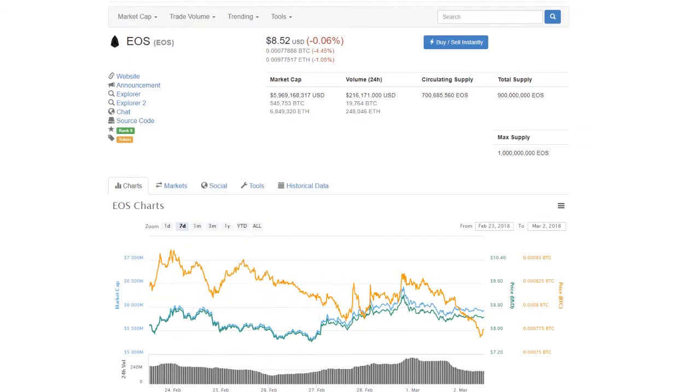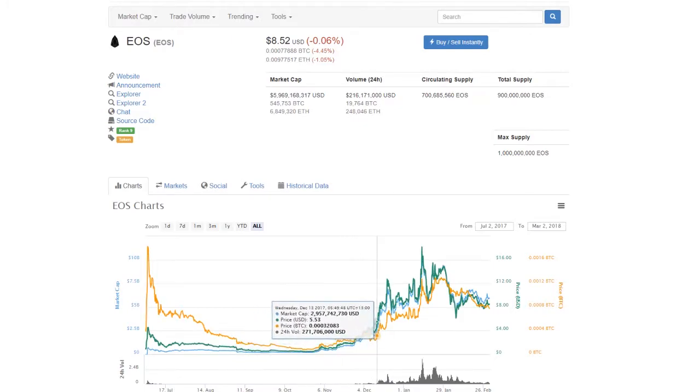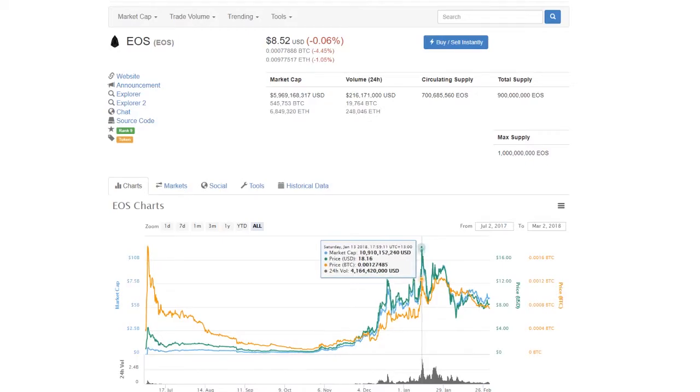So this price will bounce around $8 to $9 until we see some new news, and the price will most likely shoot up. Looking at the overall price again, we can see that there was a nice bull run from November. Actually, there was a huge spike in price at around January, where it reached around $18, and then it dipped all the way back down to correct itself, and then it went up to 14 and then dipped all the way back down. And now it's quite stable at this current price.